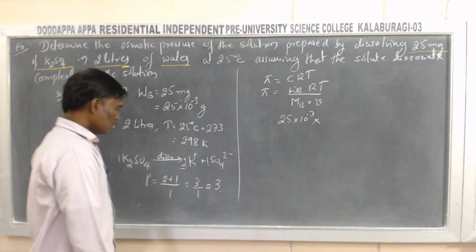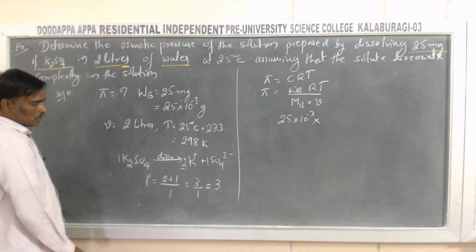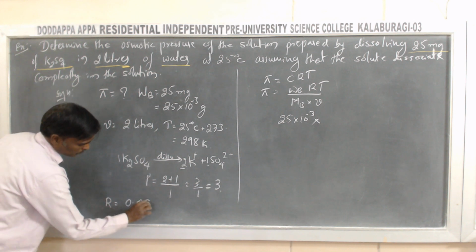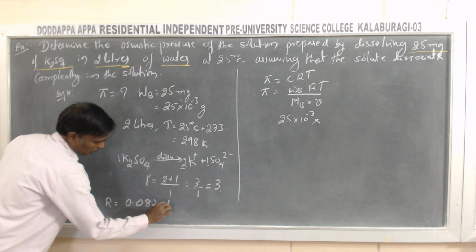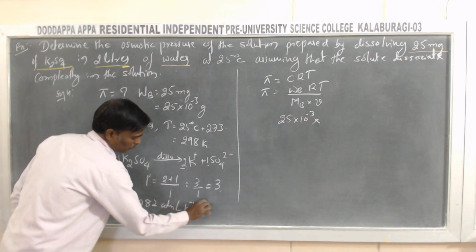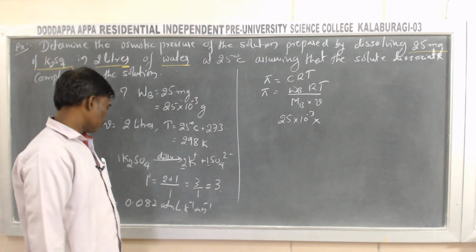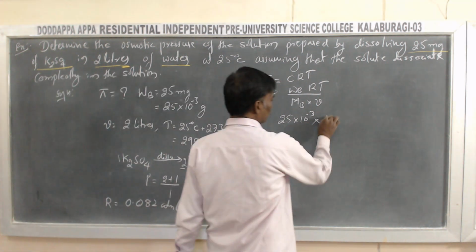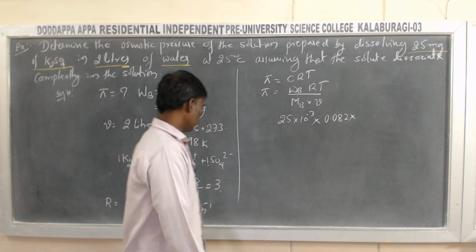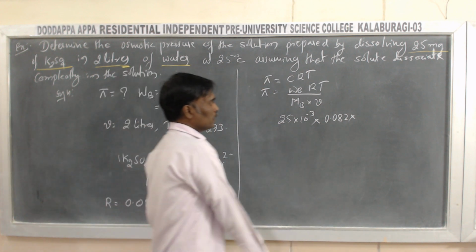R we know is the gas constant, and its value is 0.082 atm liter per Kelvin per mole. Into T, absolute temperature, its value is 298 Kelvin,